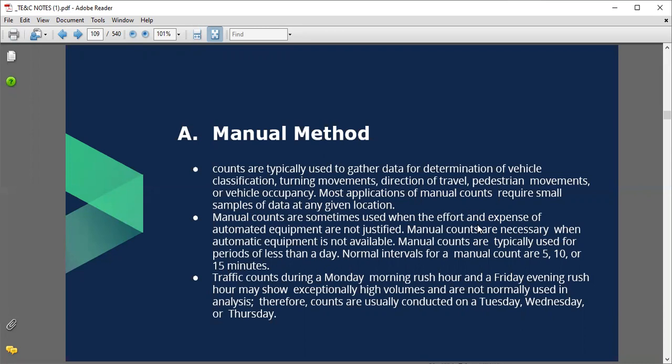Or the second thing is that we can collect the information about the vehicles within a period of 5 minutes, 10 minutes, or 15 minutes, or within a peak hour we can collect the information for the traffic survey only. The traffic counts